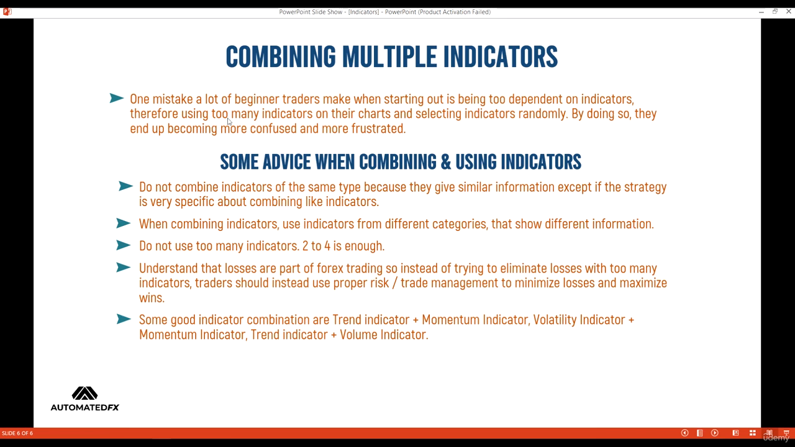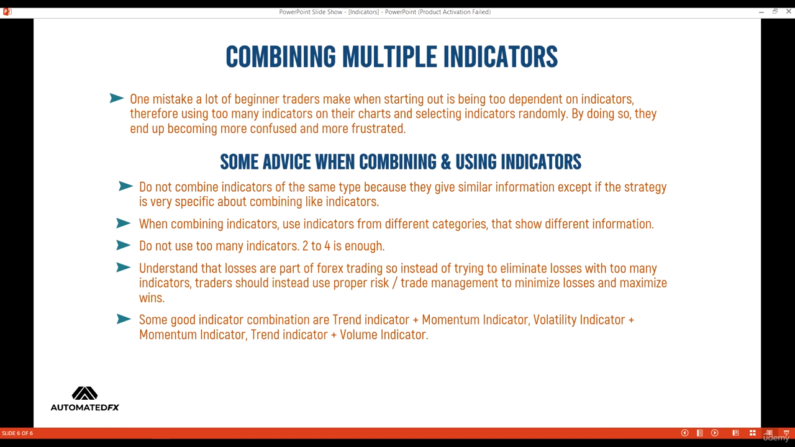So by using too many indicators on their chart and selecting indicators randomly, they end up becoming more confused and more frustrated. The market has the ability to frustrate you if you do not follow the rules, if you do not trade with maturity, if you do not trade properly. Newbies who tend to be too addicted to indicators tend to get frustrated even more, because